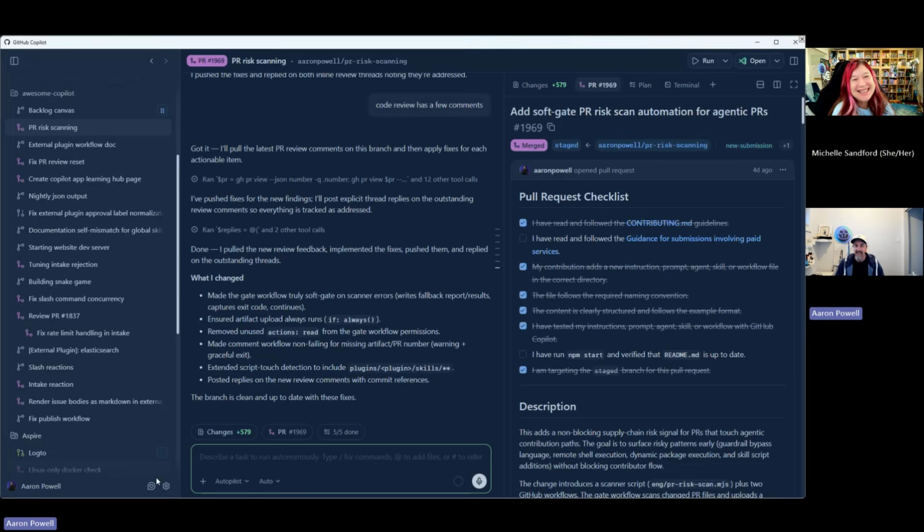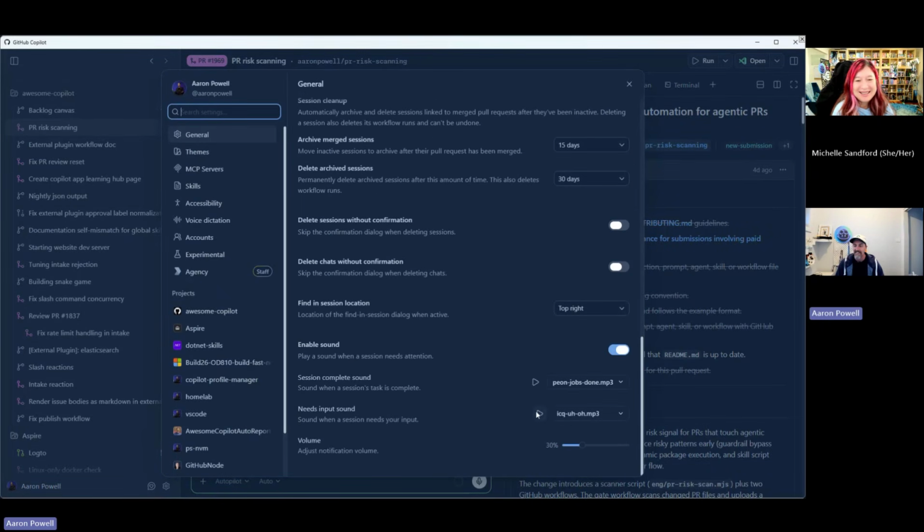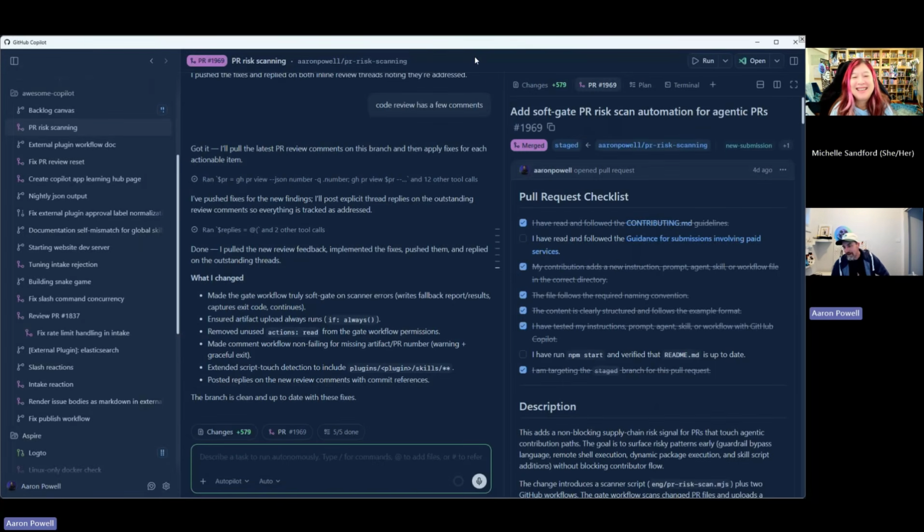That one is inside of settings, and then down the bottom of settings, you can choose the noises that you want. So I've got my ICQ, so that's when it needs input, and then because I'm definitely a bit of a nerd, for when this is completed: Job's done. And the astute observer on this recording will probably notice what that is from. But for those of you that are maybe not as old as myself, that's from Warcraft 2, the little peons that you would send off to do tasks. So when they completed them: Job's done.